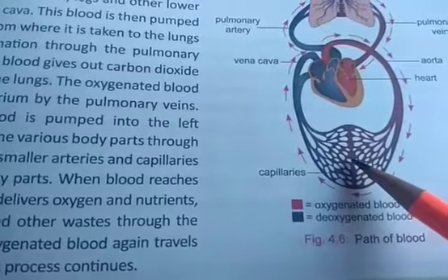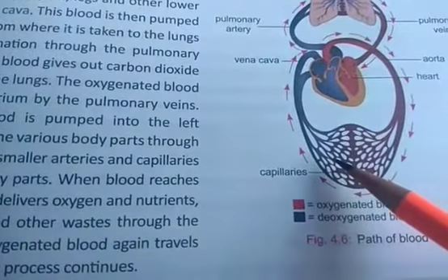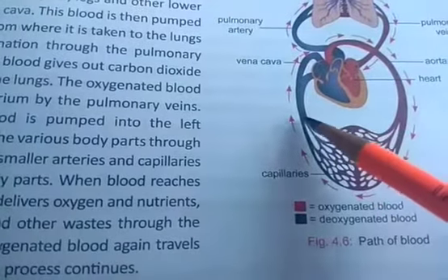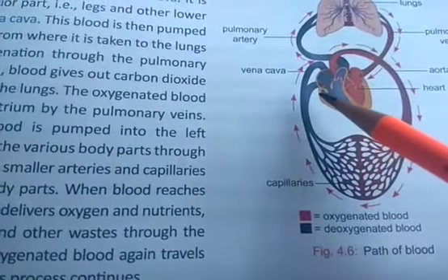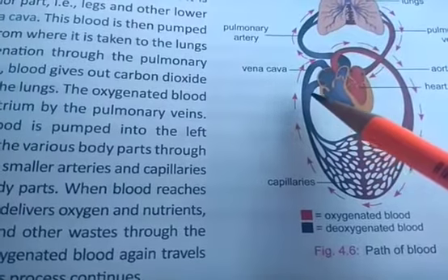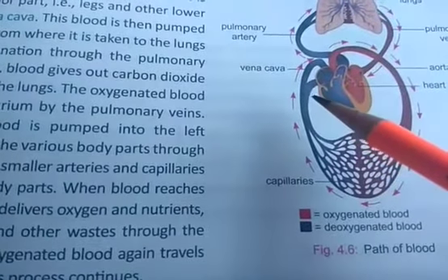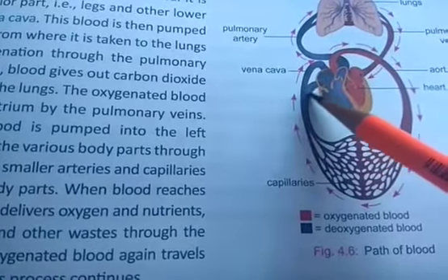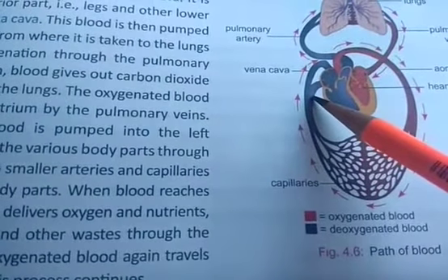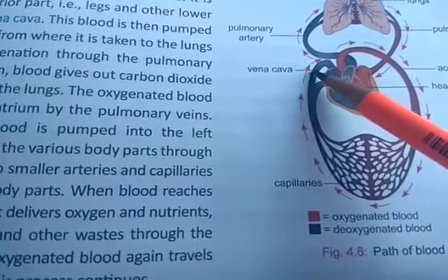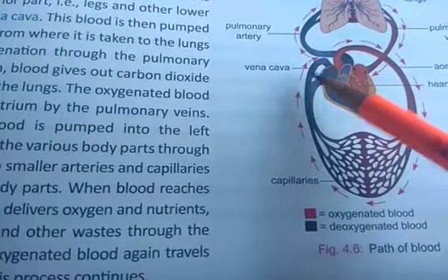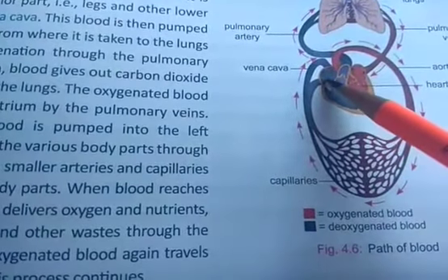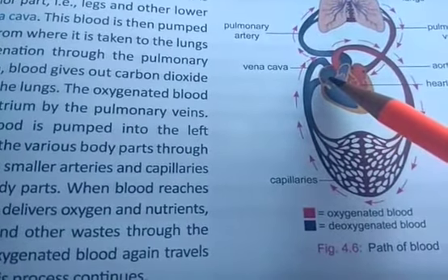Again this carbon dioxide will be loaded into the blood, and all these capillaries will join together to form veins. Okay, then the veins are coming from the upper half and lower half. The lower half veins make a single passage or single tube, that is called the inferior vena cava, and the blood from the upper half will be coming from the superior vena cava, and they will bring this deoxygenated blood into the right atrium.